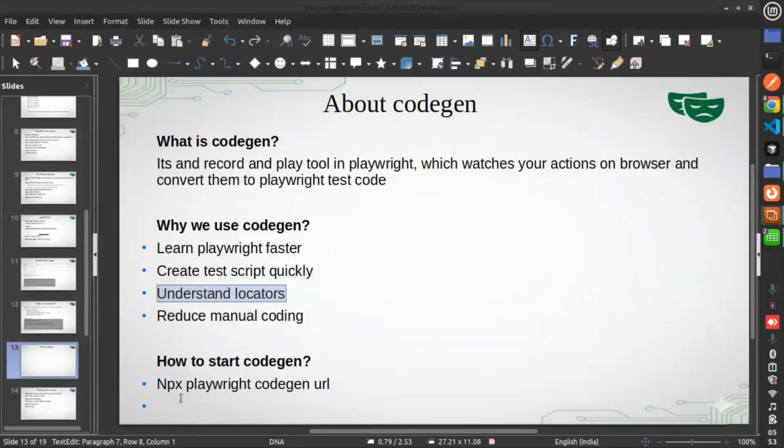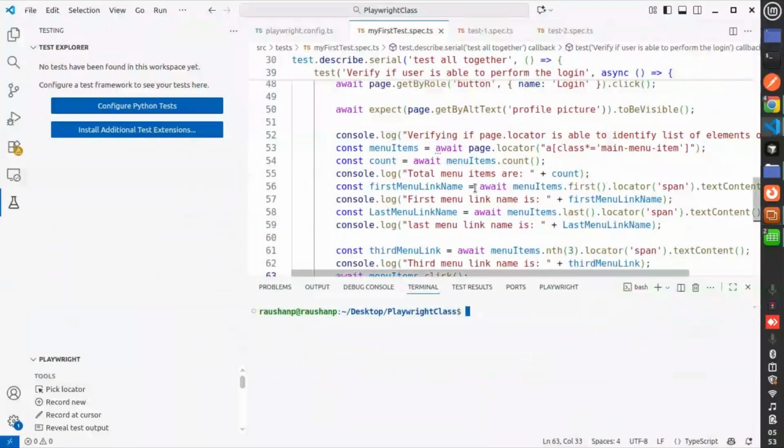How do we start? We can start it using npx playwright codegen, and then we can give the URL and a Codegen window will start, and in that window whatever action you perform will be recorded. So let's go to coding and we'll see how it works. Okay,